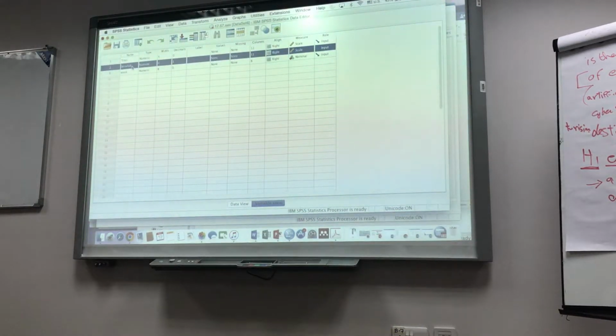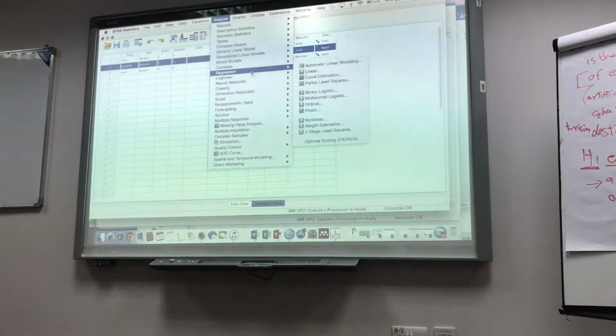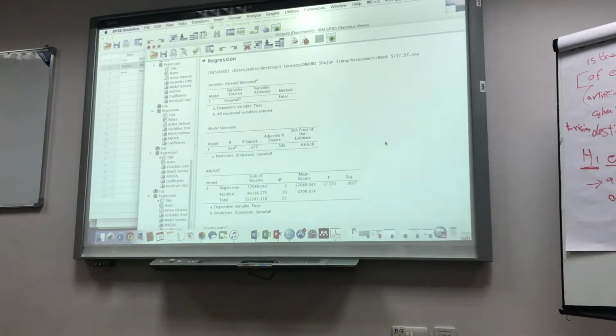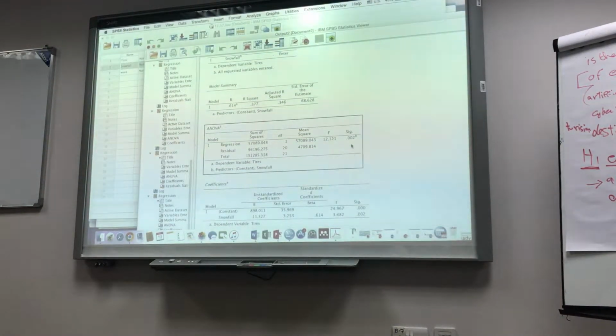The first question asks to develop a regression model and use a software package to produce the statistics. So I will just make the regression model. I click on linear and put the tires into dependent and the snowfall as independent, and you can see the result.